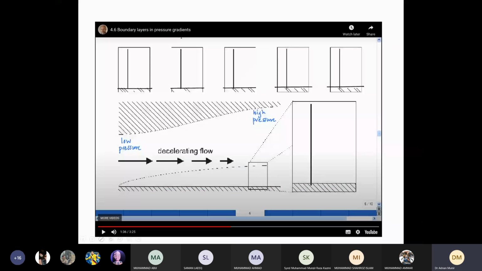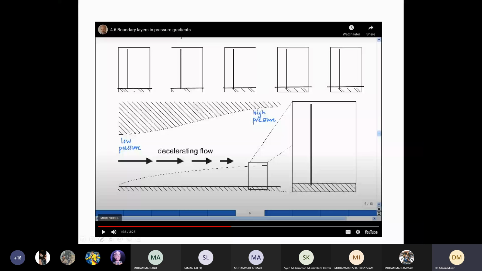Now you can clearly see for a decelerating flow, this is called upstream. We already discussed that upstream is when we have incoming flow and downstream is the other side. So if we have a flat plate, upstream will be before the flow enters the flat plate, and downstream will be when it is flowing along and exiting the flat plate. So when the flow is decelerating, we will have low pressure upstream and high pressure downstream, such that the net flow will be from high pressure to low pressure in the opposite direction. So that is why this is called adverse pressure gradient.